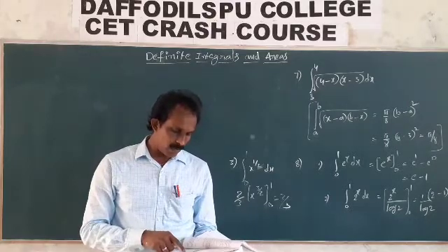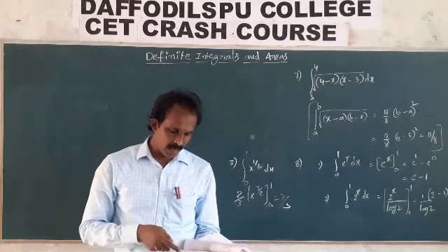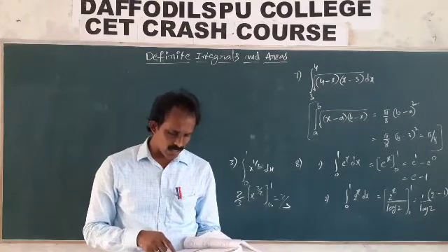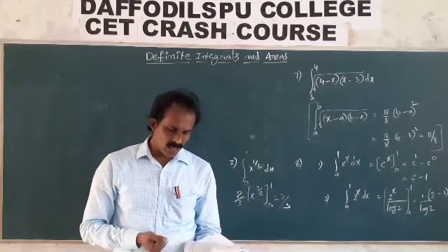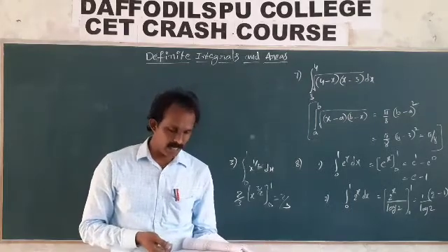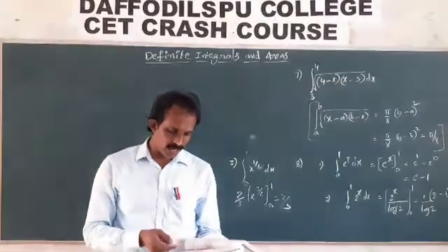This value, pi cos of pi log x by x. Here we will take pi log x equal to t, and what is its differentiation? Pi into 1 by x. So pi into 1 by x is equal to dt. Then you will find that value also.